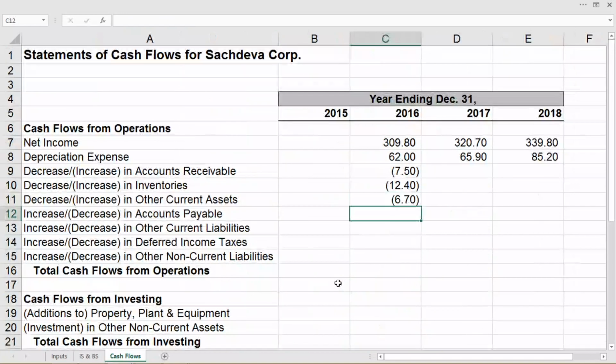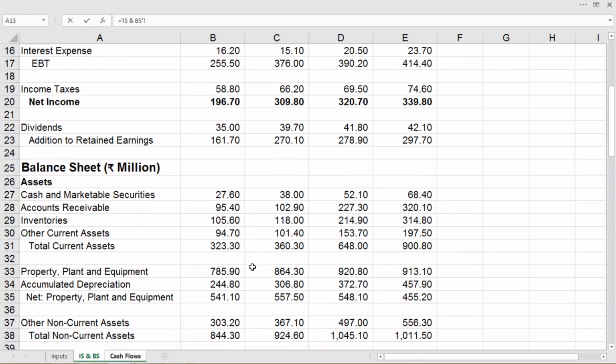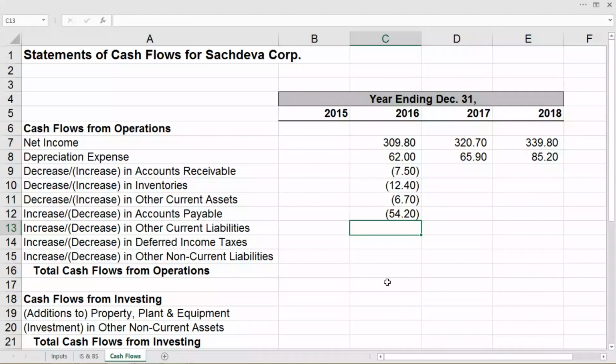To calculate the increase and decrease in accounts payable, now we'll reverse the order. So equal to the other sheet, C40, yes, C45 minus B45 and enter.